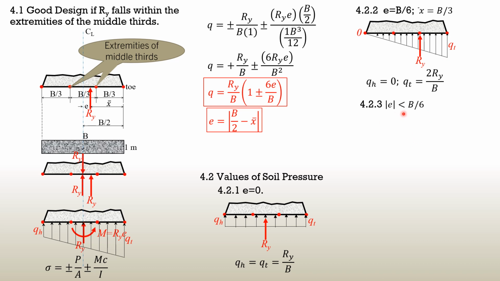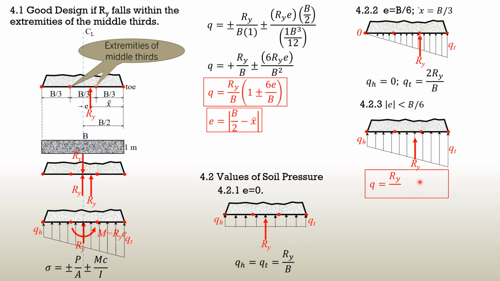Then when the absolute value of E is less than B over 6, that means that Ry is within the extremities of the middle third. So this is the intensity of the soil pressure diagram. And you can always use that. So that's the location of Ry. So Q is Ry over B, quantity 1 plus minus 6E over B. Use plus for the greater soil pressure intensity. Use minus for this smaller soil intensity if that's really the soil pressure diagram and Ry is really closer